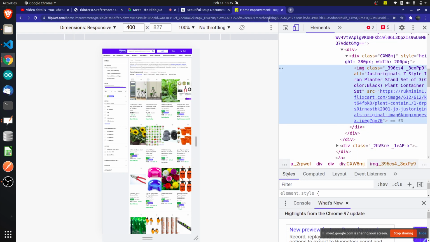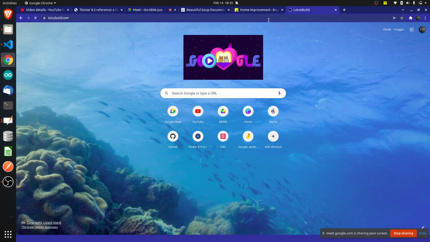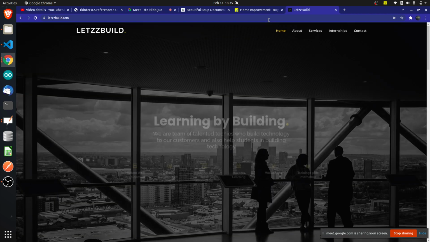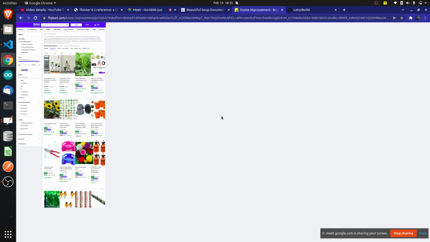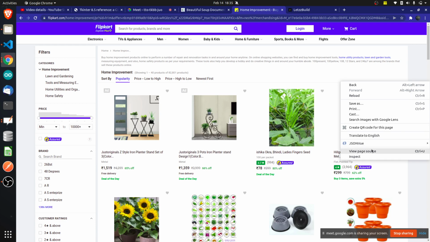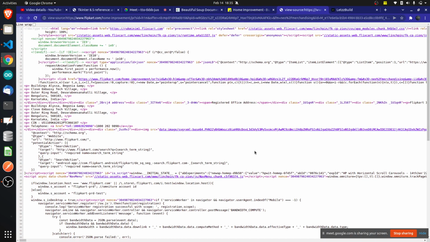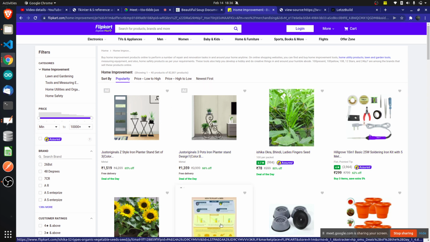Okay, let's open our website. For security reasons, web development has evolved a lot. Before, it was different. Nowadays we use frameworks like React, where the whole code is not visible. If you want to see the code for this, you will not be able to, because it is built in React. If I click on view page source, there is no code. This is actually a simple program, but you will not be able to see the whole program, all these images and everything, because it is built in React.